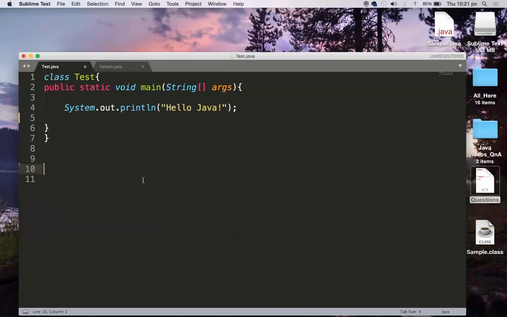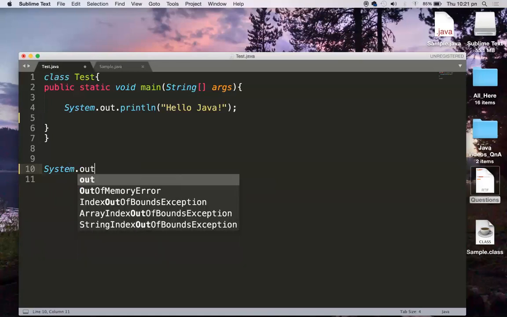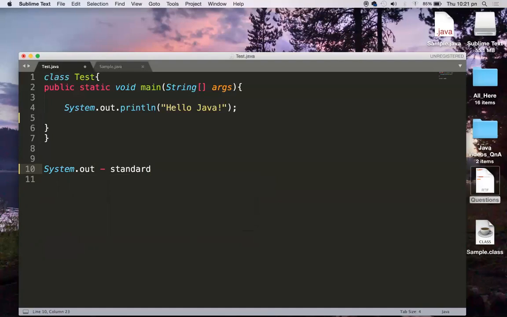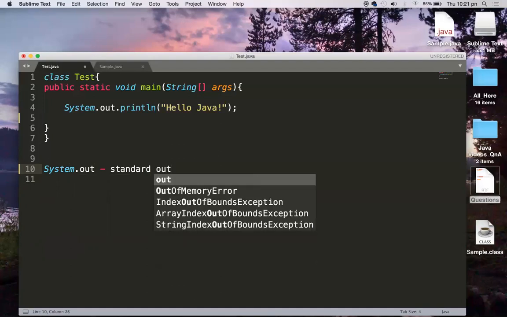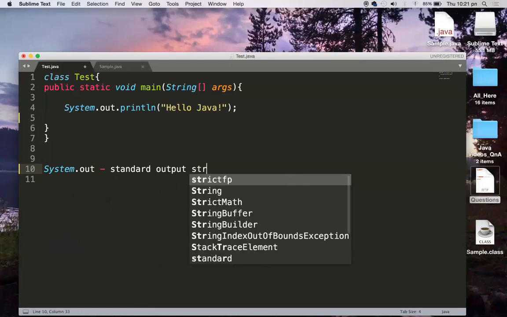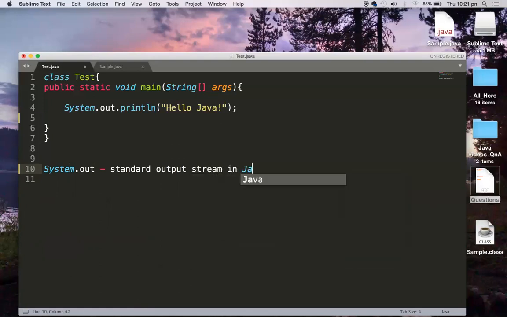So here the System class we understood, but System.out is actually a standard output stream. System.out is considered to be a standard output stream in Java.